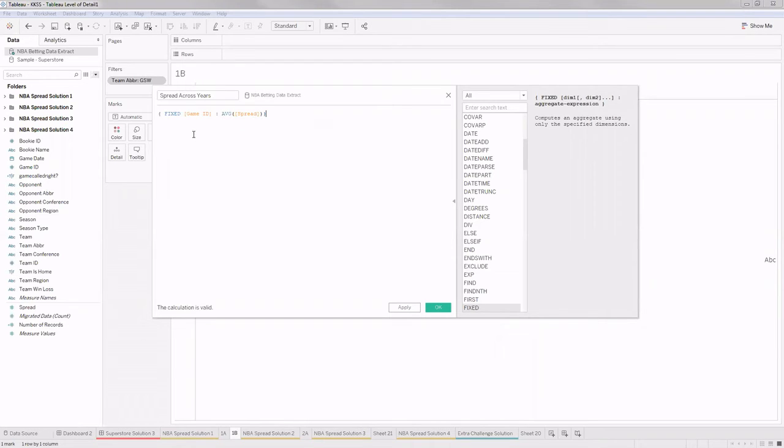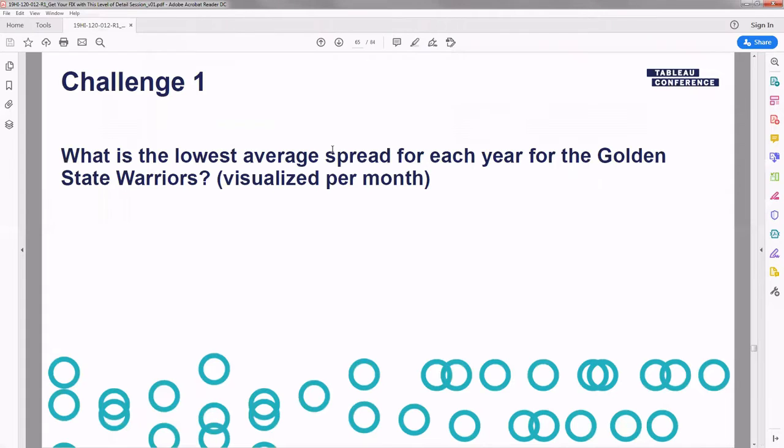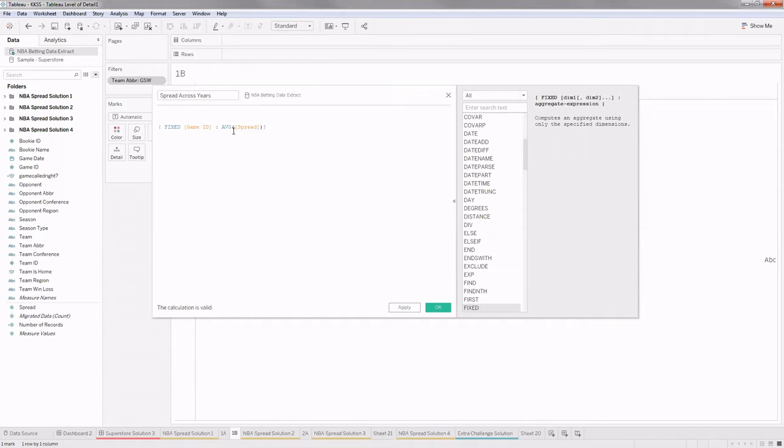Now this will give me spread for that particular game across all. This will give me a table with each game and the average spread value for that particular game. Now, if you see the question that we are interested in: what is the lowest average spread for each year for Golden State Warriors? So we need to get the value for each month and then take the minimum across